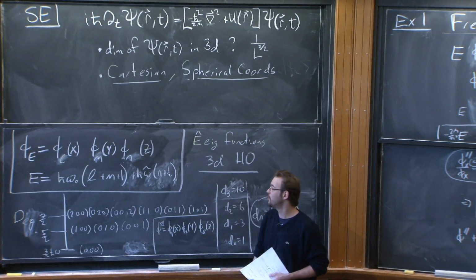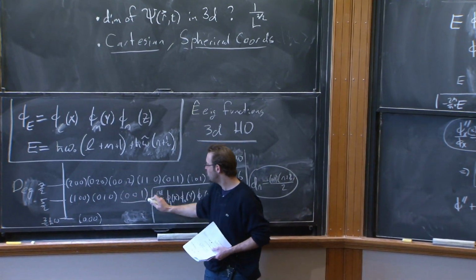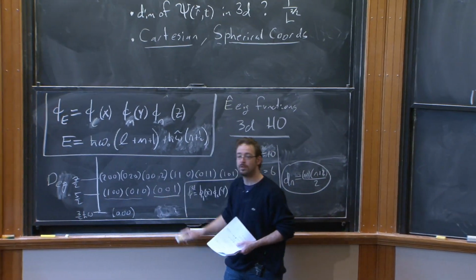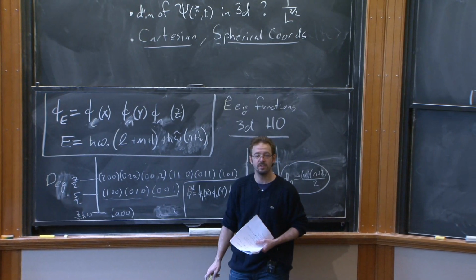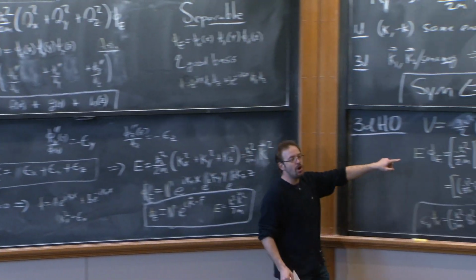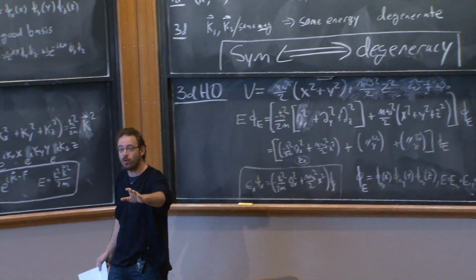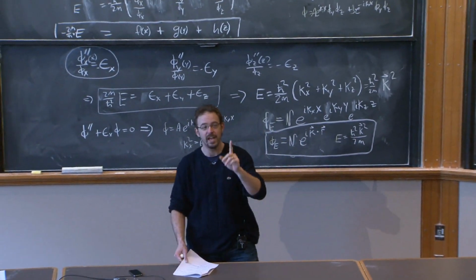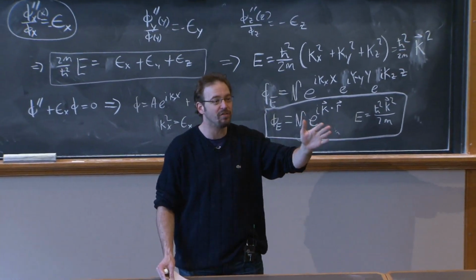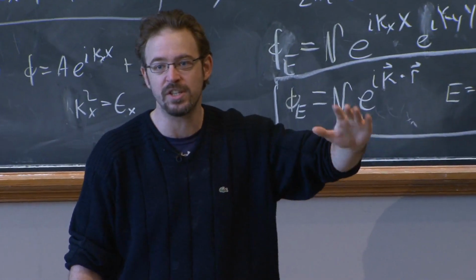Okay? And now these degeneracies are going to be broken, because this state will not have the same energy as these two. Everyone see that? When you have symmetry, you get degeneracy. When you don't have a symmetry, you do not get degeneracy. This connection is extremely important, because it allows you to do two things. It allows you to first not solve things you don't need to solve for. If you know there's a symmetry, solve it once and then compute the degeneracy and you're done.